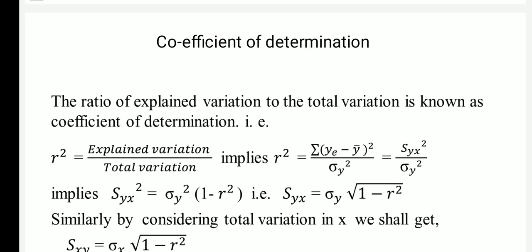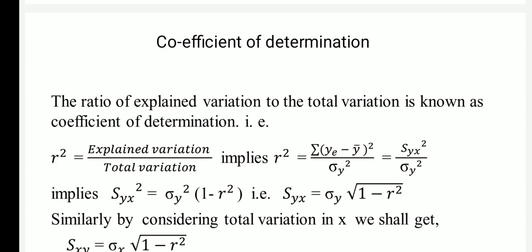Now what is the formula for that? Coefficient of determination: you have to determine the precision of the values. Whatever you have estimated by solving the regression equations by different methods, which you discussed in the previous class, how far are those estimates correct, what is the precision? To know the precision, we use the coefficient of determination.